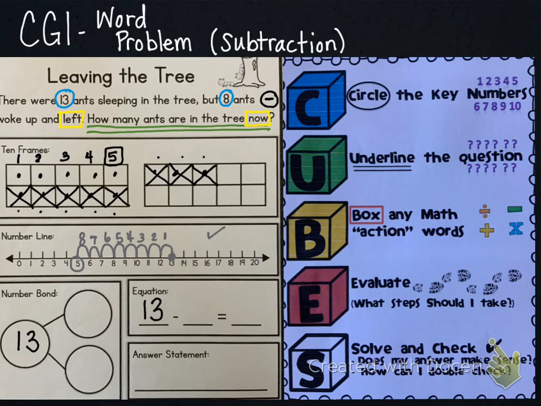So that means that we have 8 here. So 13 minus 8 equals 5. We are going to move those two numbers down here onto our number bond, because our number bond would look like this. It would be